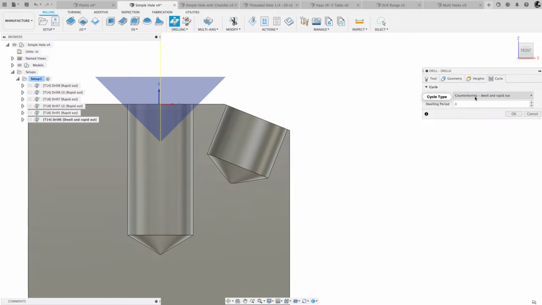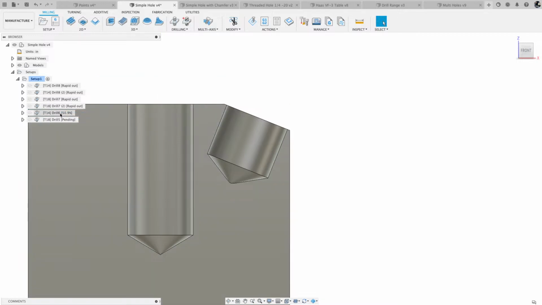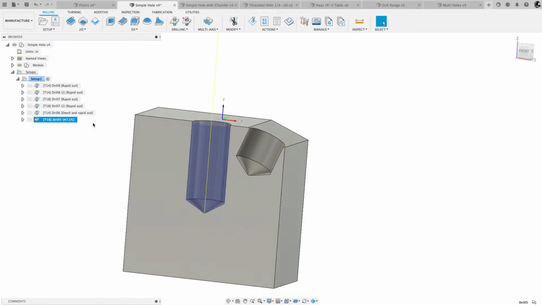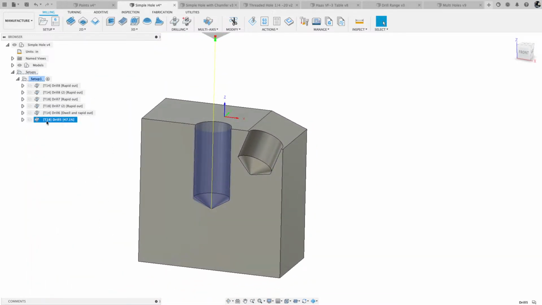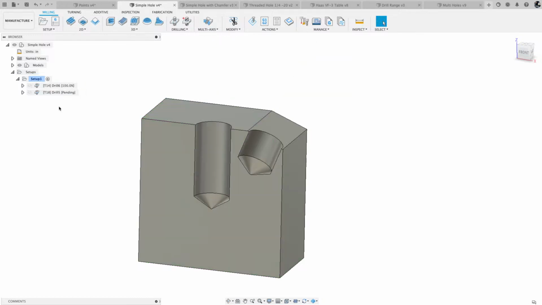Now, again over here, we've got that dwell for a moment, and I'm going to hit OK. And obviously, I did want to drag that up before. So I'll do the spot drill and then the drill. So then when you execute that, I got a couple of these instances. Let me get rid of the ones I don't need. And so we've got this spot drill and drill. So if I simulate this,